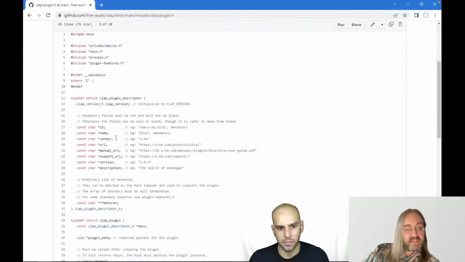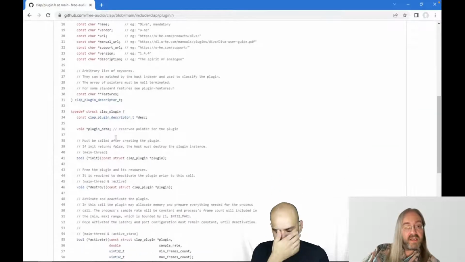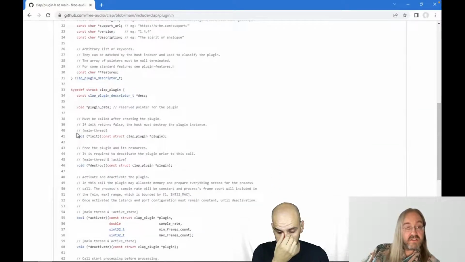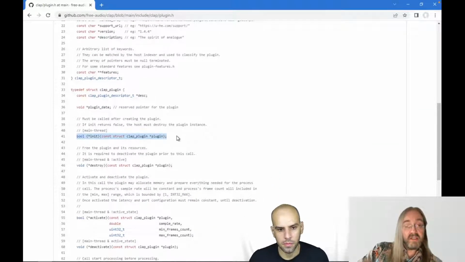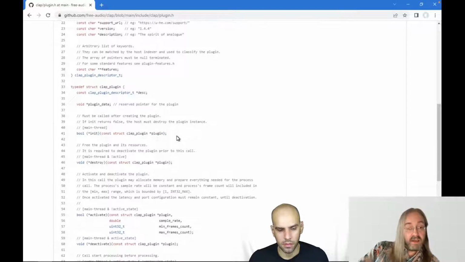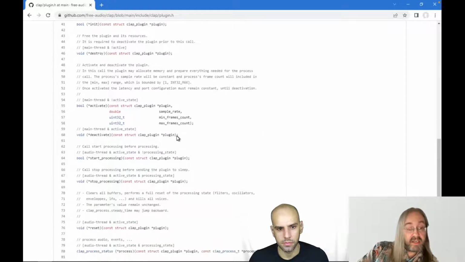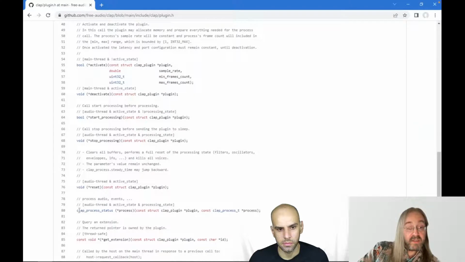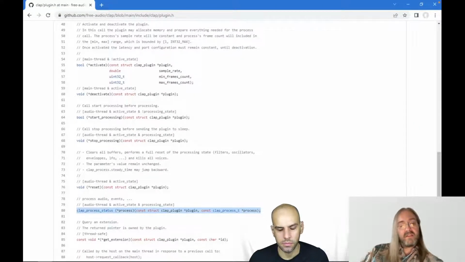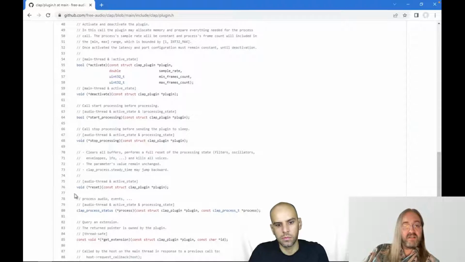One of the things in those structures is callback functions. You can see some here, for example. This is the init callback. But there is also a process callback here. The plugin has to provide these callback function pointers to the host, and then the host will call them. So even if your plugin does absolutely nothing, it could still have a process function, and it could still be called by the host.